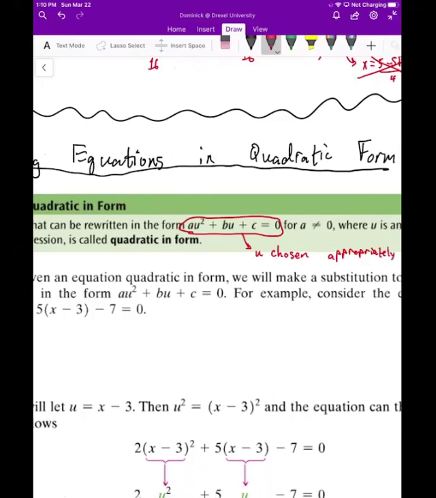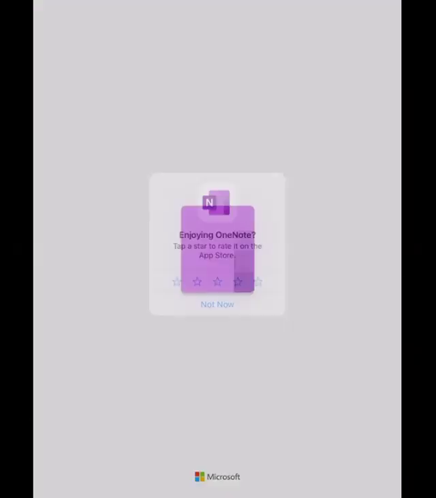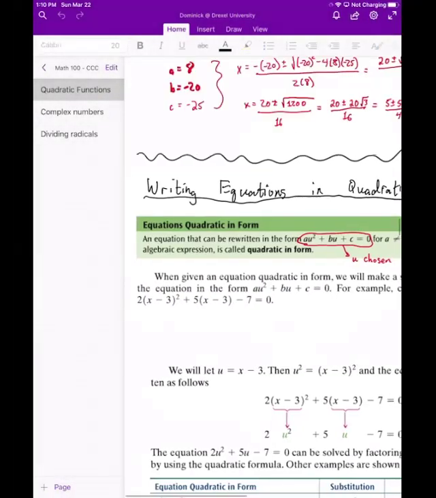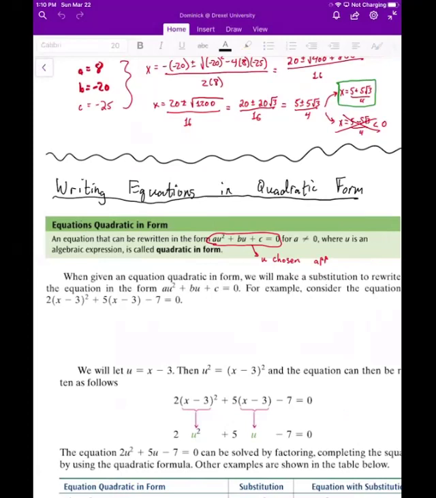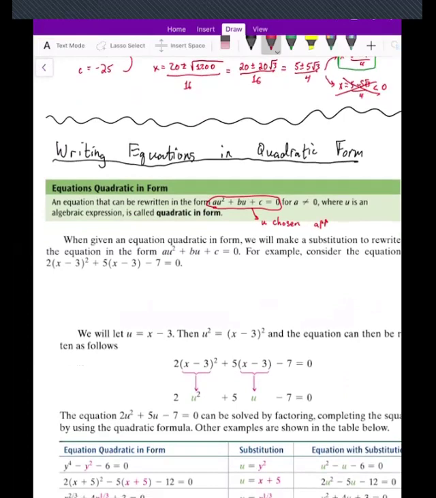And of course, if we can bring it into that form, we can use the methods that we've already talked about in order to solve the resulting equation. So for example, just before we actually look at one, we could look at the example that's here,